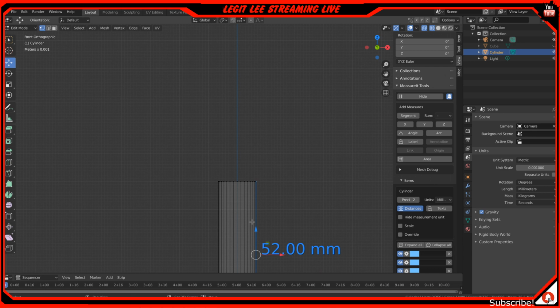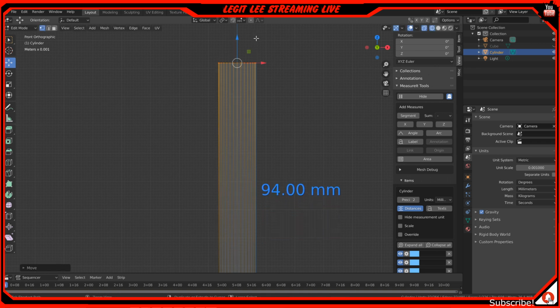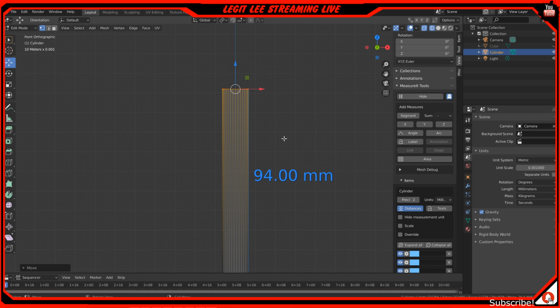go to this portion right here, A to deselect everything. You got to hit that about 3 times. And then B to wireframe select. And then we're going to pull it up to be that 94 that I was talking about. So if I bring it all the way up, there you have it. And then it scales down. Really, it's more of like a flat base, but we're going to scale it down from that flat base to